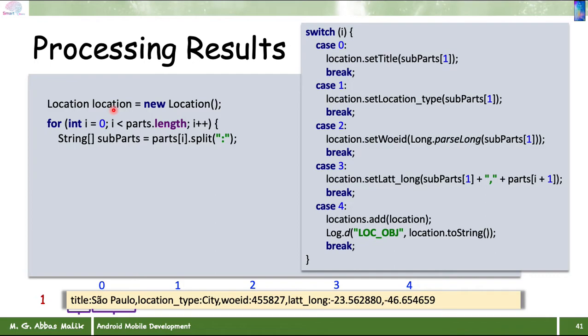Okay, because we have the where on earth ID, then we also have the title, then we have the location type, then we also have the latitude and longitude. So you can say that there are four objects. If it is index 0, that is a title, so it will go into the title. If it is index value 1, that is a location type, so it will go into the location type. If it is index value 2, that is the where on earth id, so that will go into the